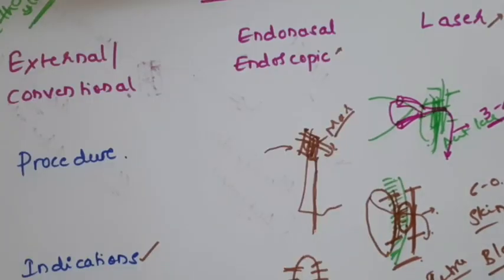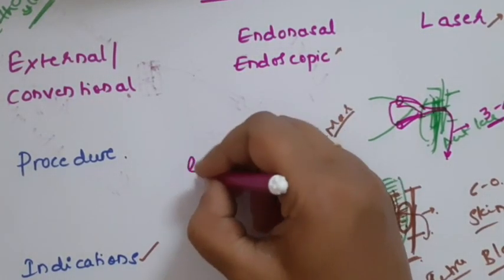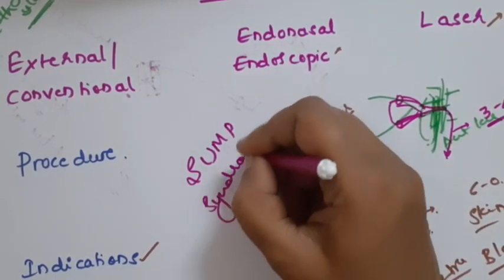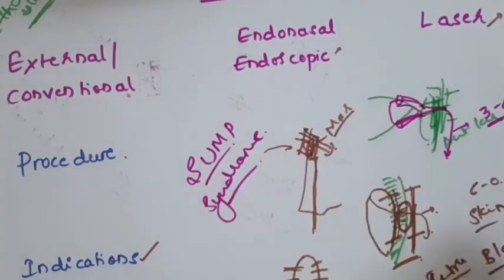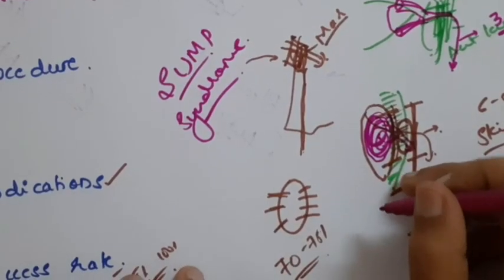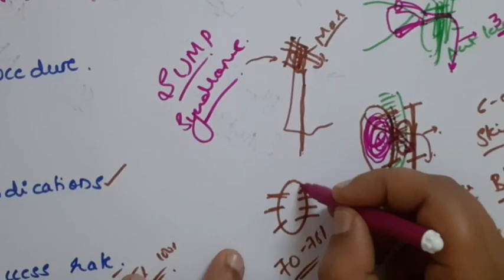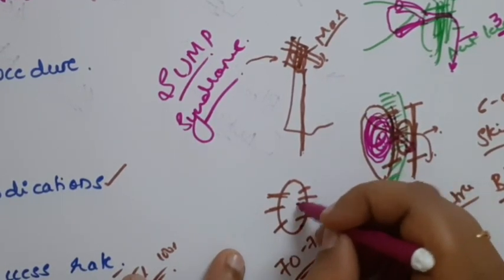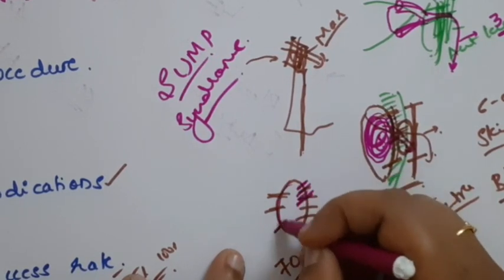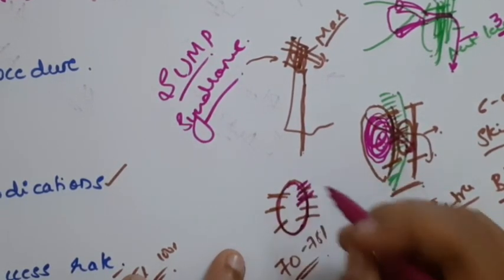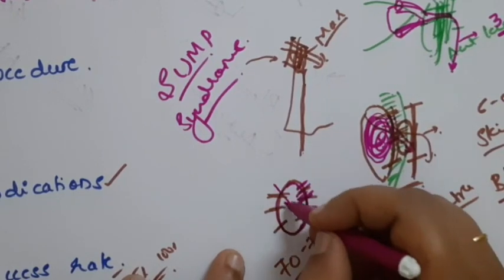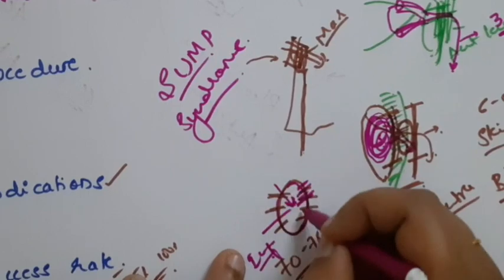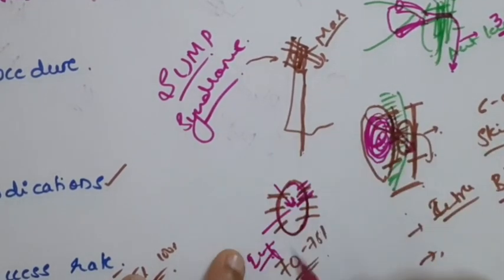Okay, and there is one more important complication called as sump syndrome. Okay, sump syndrome. So this is also one of the most commonly asked question in your Viva as well as in case presentation. So what is sump syndrome? If you have not placed the incision over the lacrimal sac properly, either it is too short incision or it is too higher up, then the remaining remnant of the sac itself will form a complete sac-like thing. So the fluid keeps on accumulating here, and that will lead to infection and inflammation of the lacrimal sac again. That is called as sump syndrome.